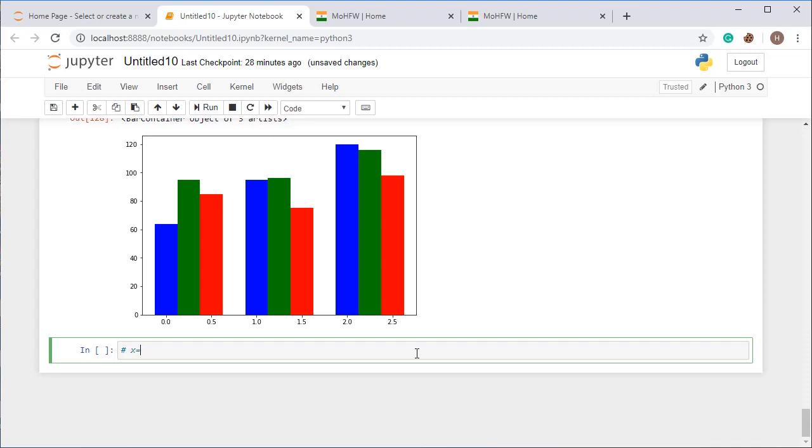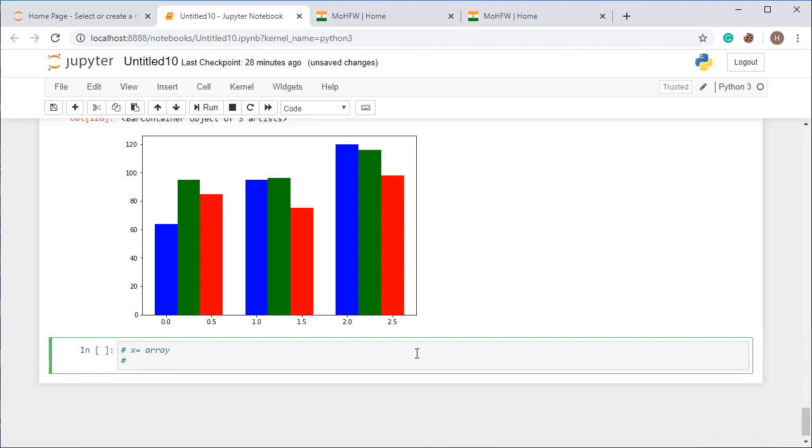X is the array required for plotting the histogram, and bins is nothing but an integer or sequence or auto. This thing you can set for the bins. This one is an optional parameter, and there are other optional parameters also: range, density, cumulative, histtype. These are advanced things which are not required here now, so I'm leaving all these things.